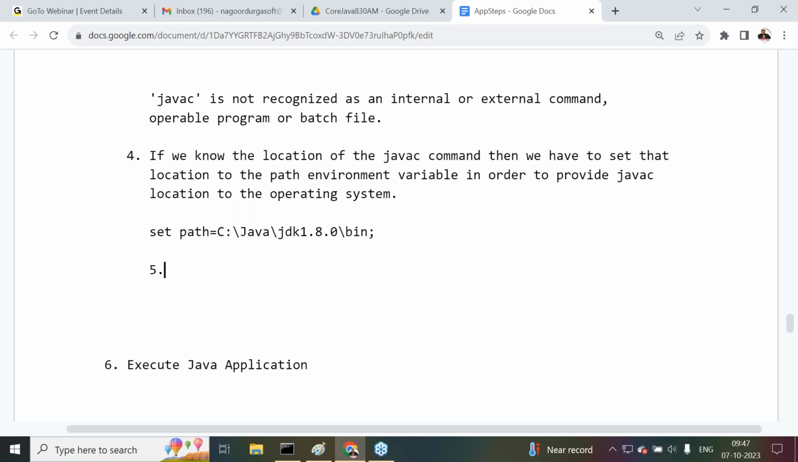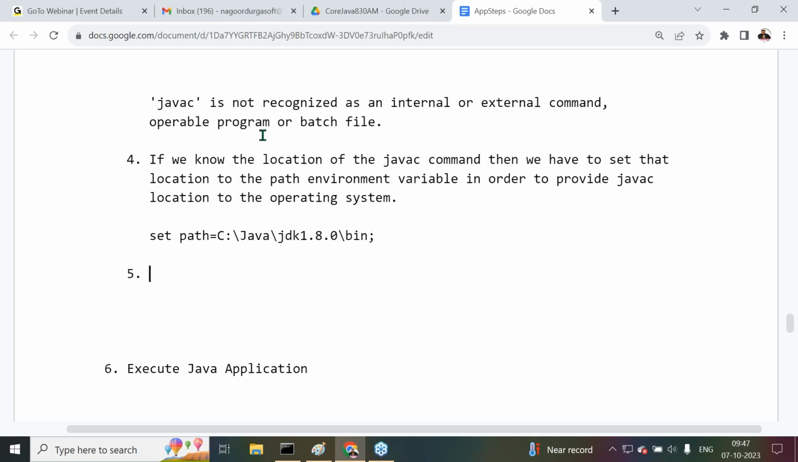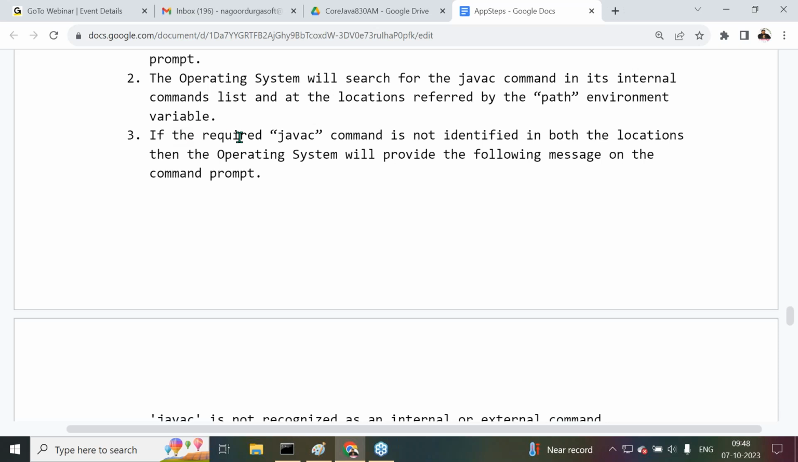Okay, fine. Point number 5. Now this is the case. If the required javac command is not identified in both the locations, then the operating system will provide the following message. For example,